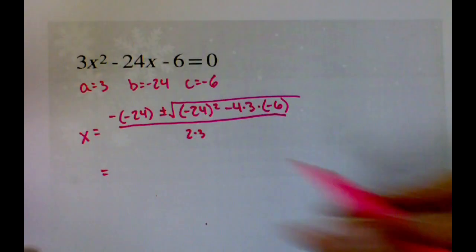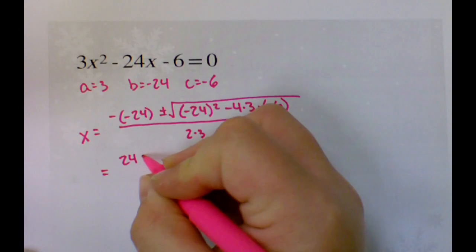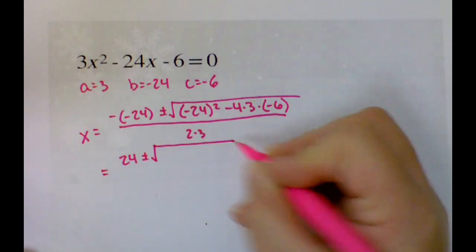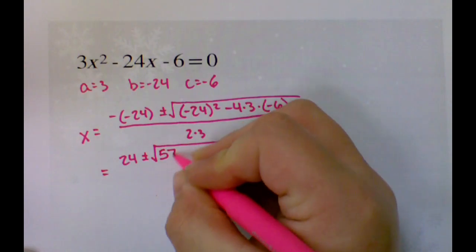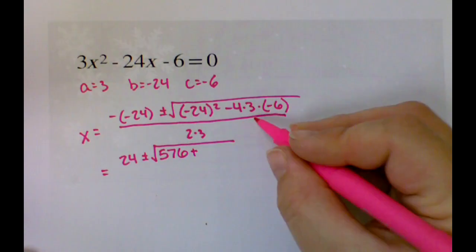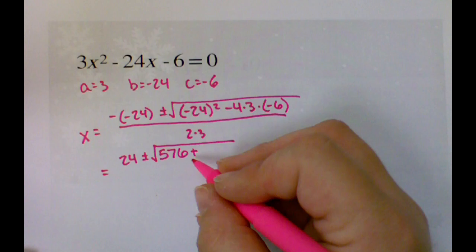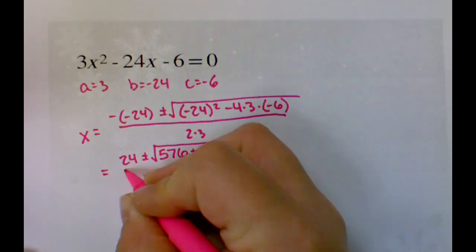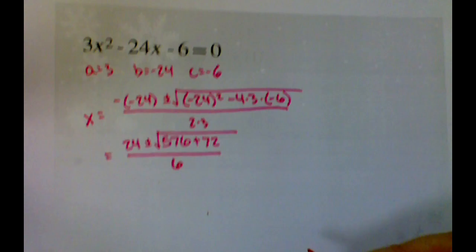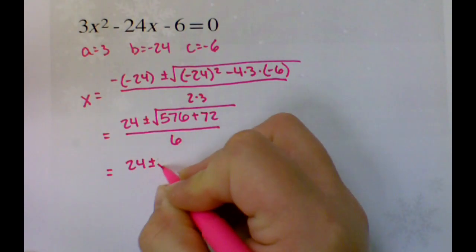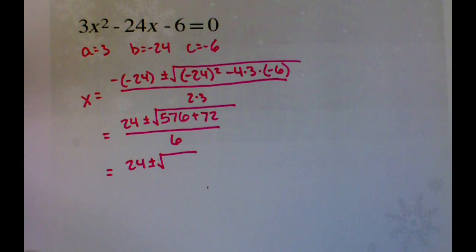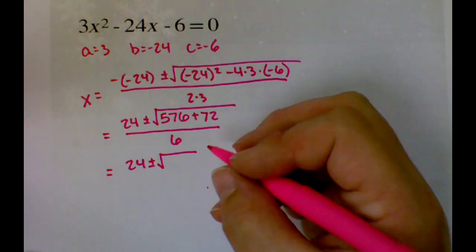For my simplifying, the double negative makes positive 24, plus or minus the square root of negative 24 squared is 576, minus 4 times 3 times negative 6 makes it a plus 72, all over 6. Add together inside my square roots. I get 24 plus or minus the square root of 648